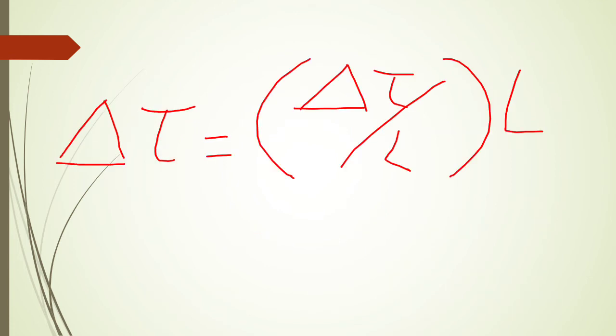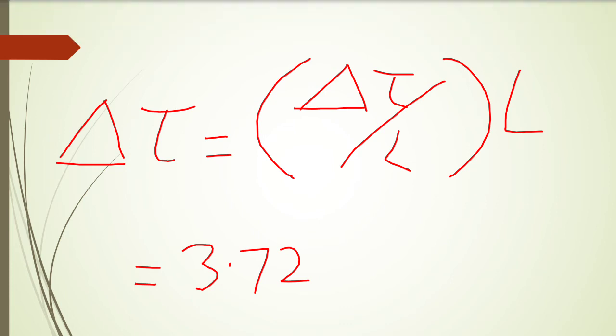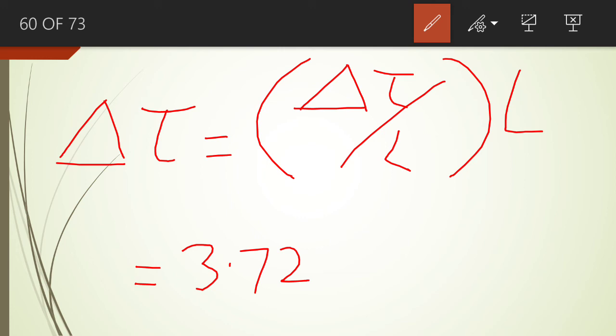The pulse spread per unit length is 3.72 picosecond per kilometer, and we multiply by 10, so we get